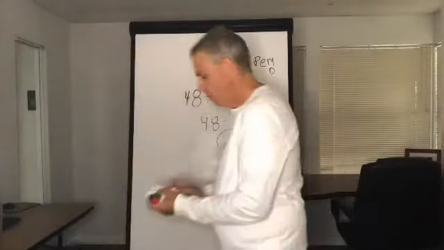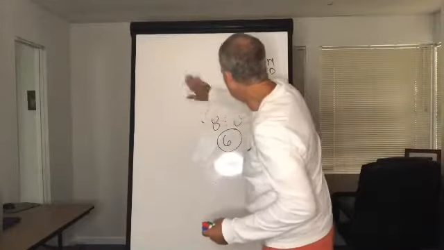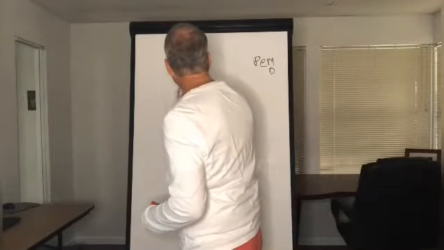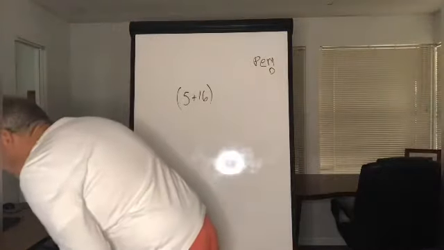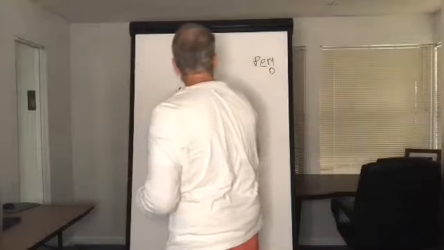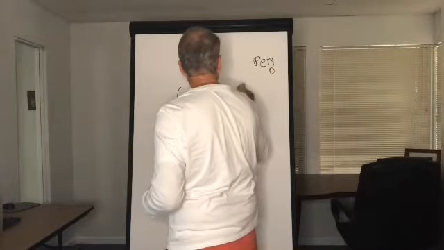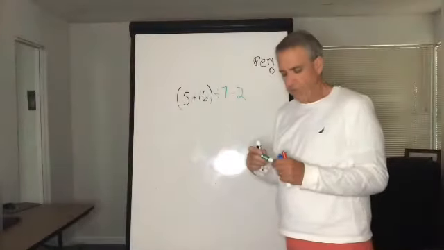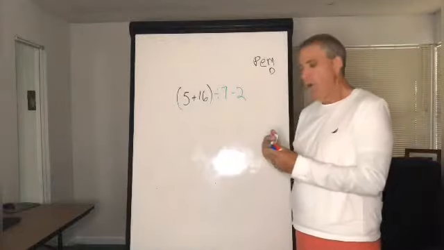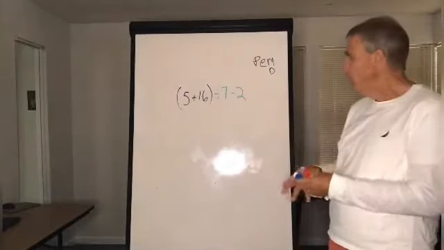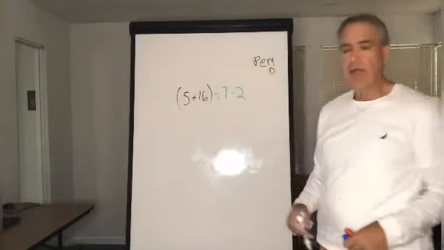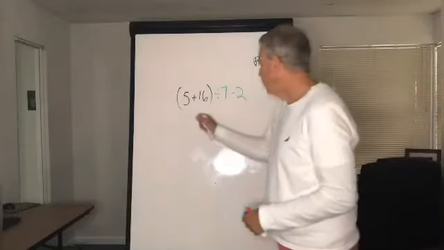Let's do number 12. Number 12, 5 plus 16, in parentheses. Okay. Number 12. What are we going to do first? Order of operations. What are we going to do first? We're going to do the parentheses first. Always. 5 plus 16. I can combine those. That's 21. So 21